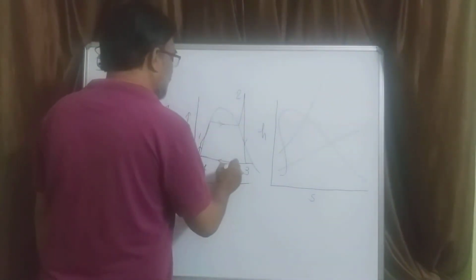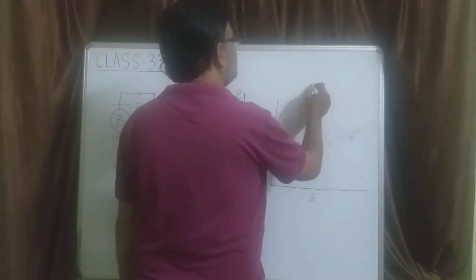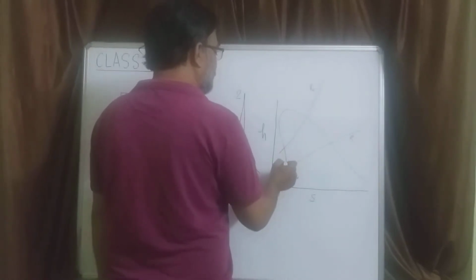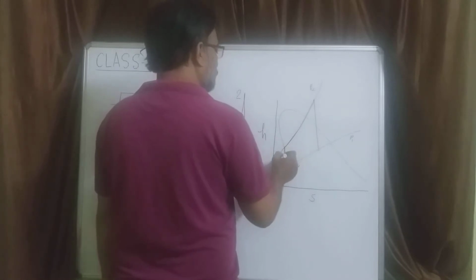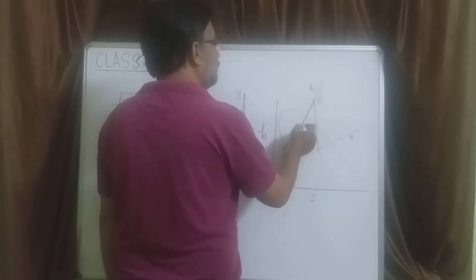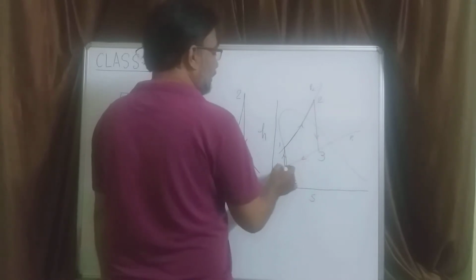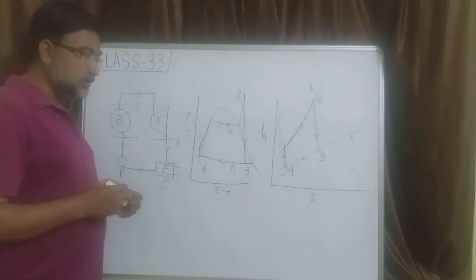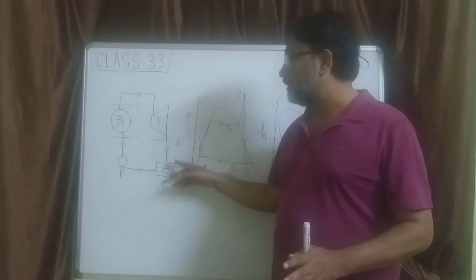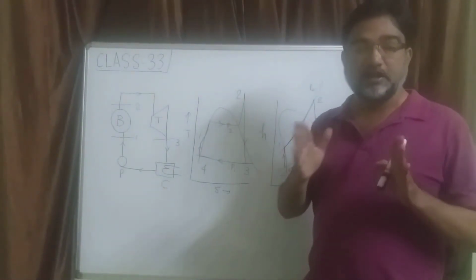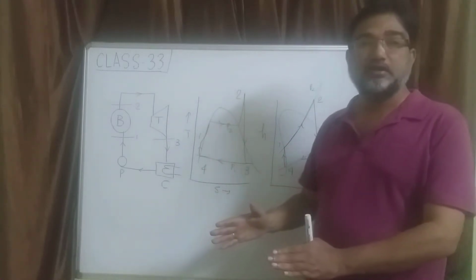So if this is a pressure line P1, this is a pressure line P2, then this is P1 and this is P2, and this cycle will be represented like this. This is 1 to 2 boiler, 2 to 3 turbine, 3 to 4 condenser, and 4 to 1 pump. So the same processes which are taking place in the cycle when the working substance, I am saying working substance because in some place it is water and in some place it is steam.